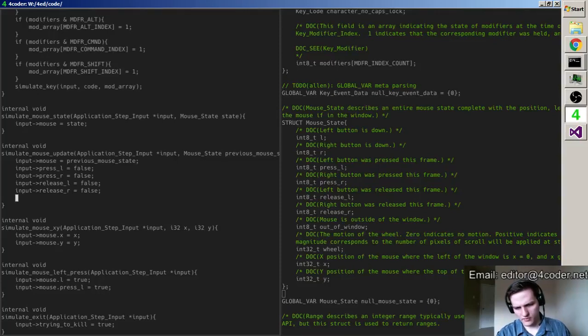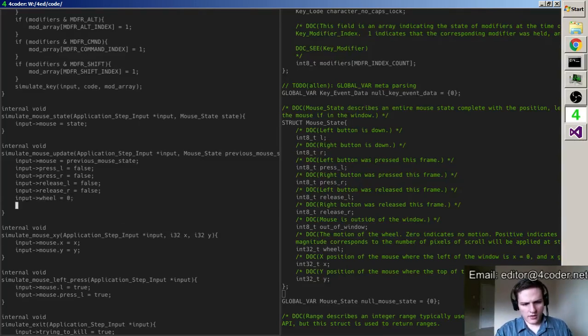Press and release information is transient. The wheel is transient.